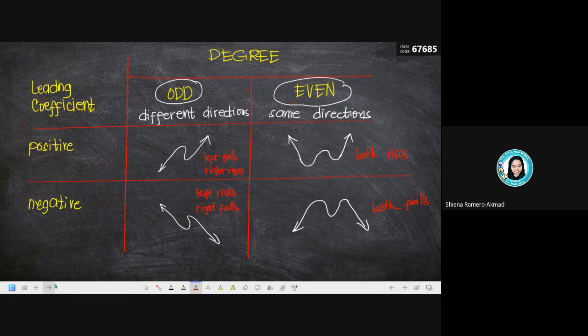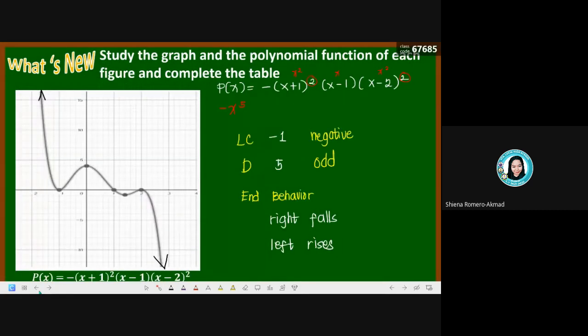So, kailangan maintindihan nyo muna yung end behavior. Next part is yung pag-graph itself. So, bakit ako bumalik dito? Because I want you to look at this example. So, yung example na to, you can see ay may square. Okay? So, let us have